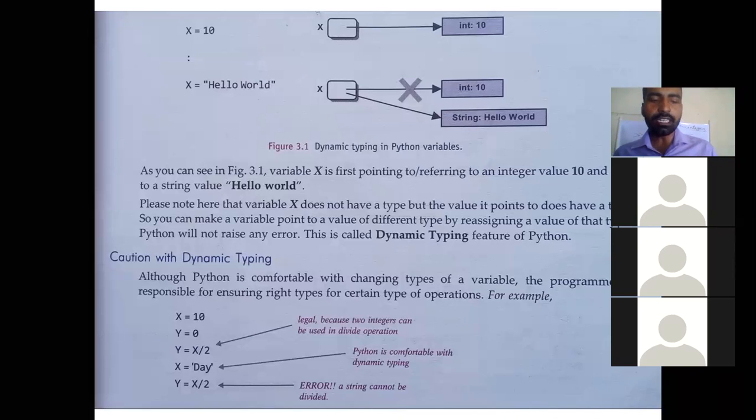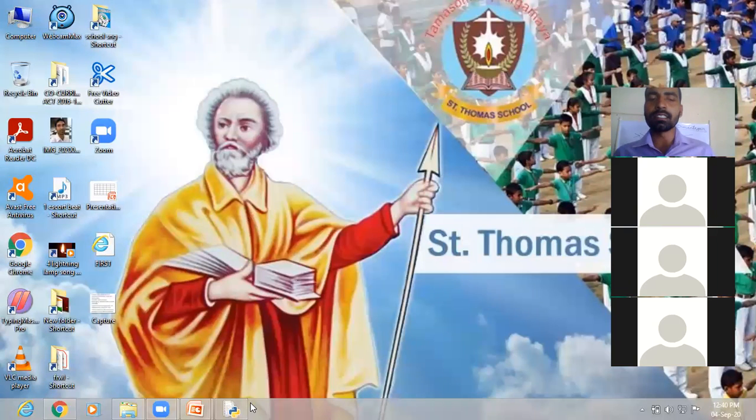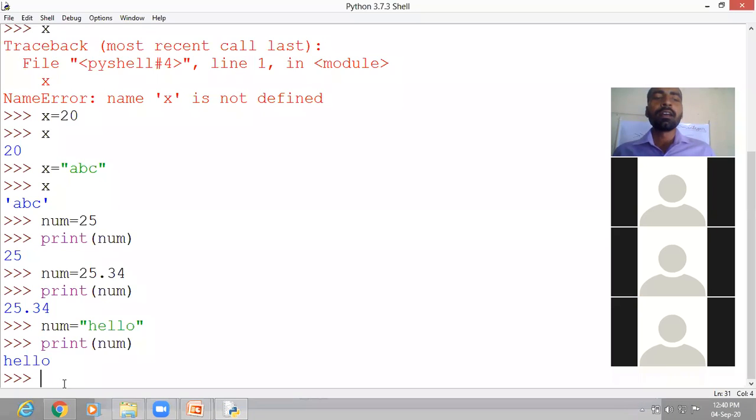So let us see the caution. In Python also you can see this. Like here I have written num equal to hello. At the current time, hello is there in num, that is a string. And if I divide num by 2, I write here a equal to num by 2. So what will happen? Will it be divided?